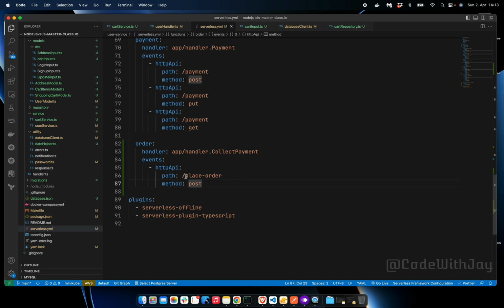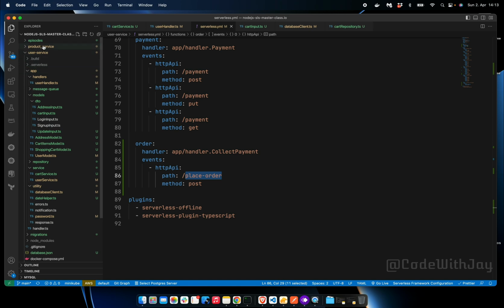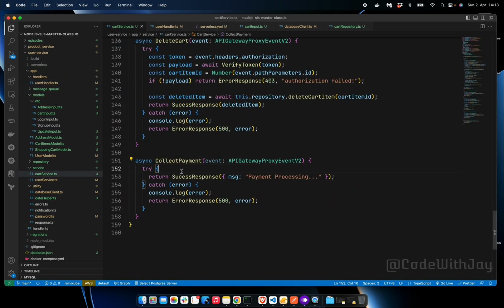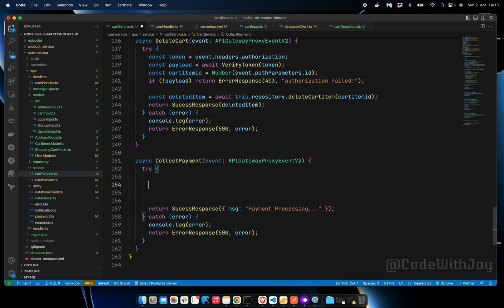Place order. Cool. So once we call this function, that specific Lambda function is going to be triggered, right? This one is going to be triggered. So a couple of things we will be doing here. Okay, first of all,